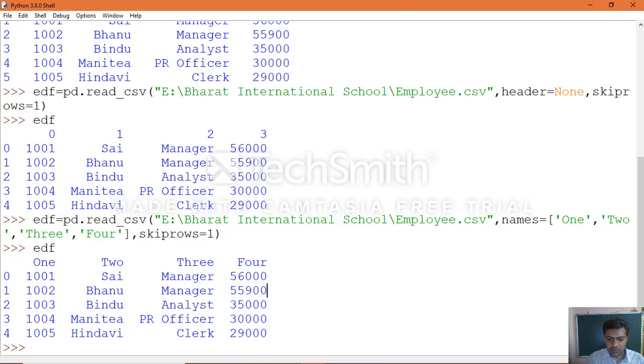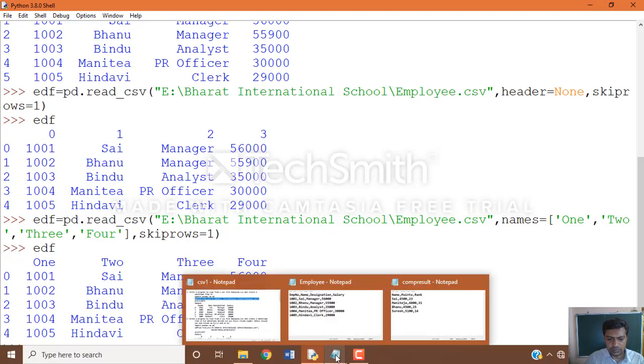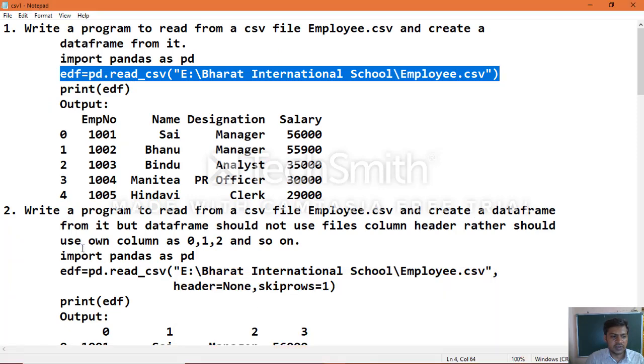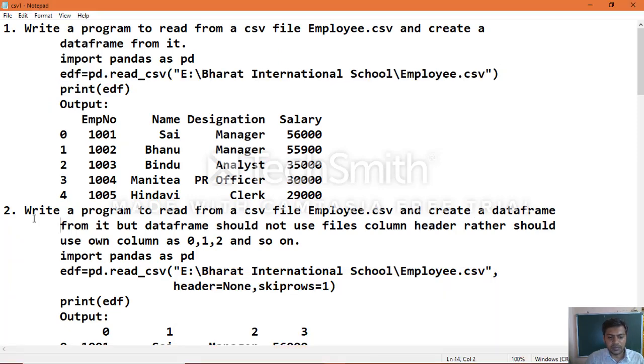Now another example which we will proceed with. Write a program to read from a CSV file employee.csv and create a data frame from it, but the data frame should not use the file's column header, rather should use column names as 0 1 2 and so on.